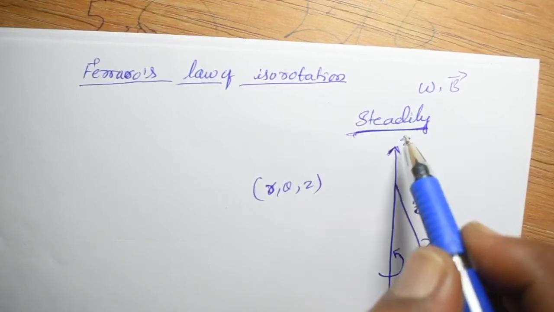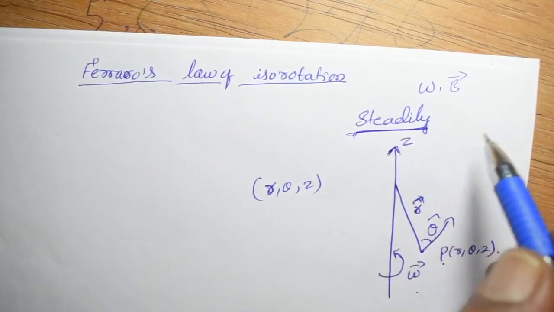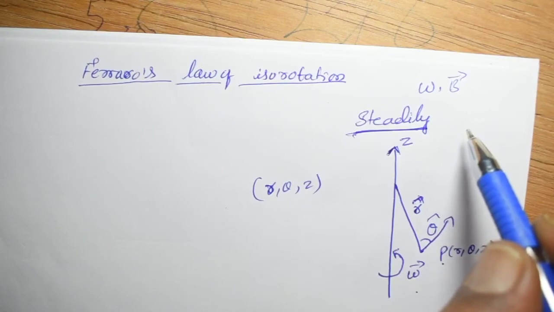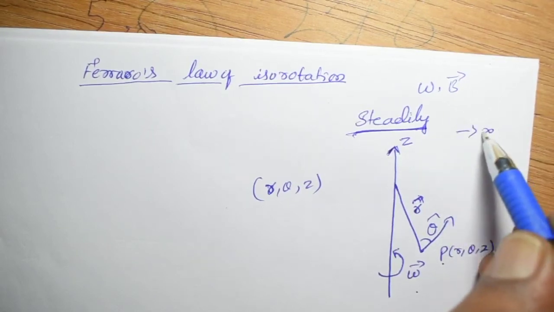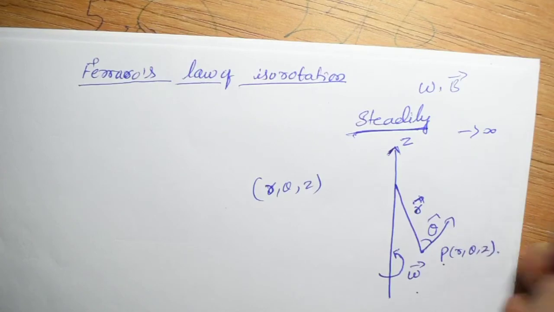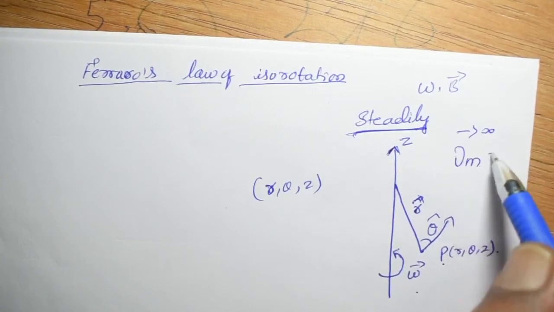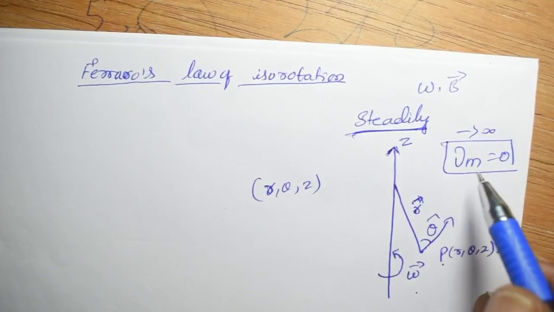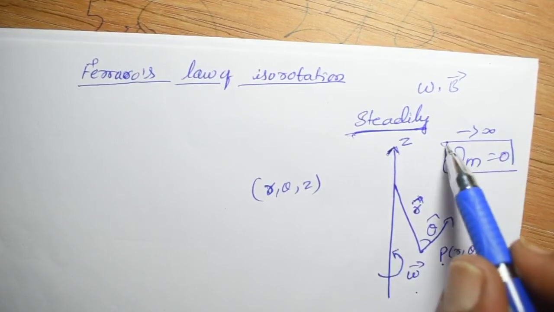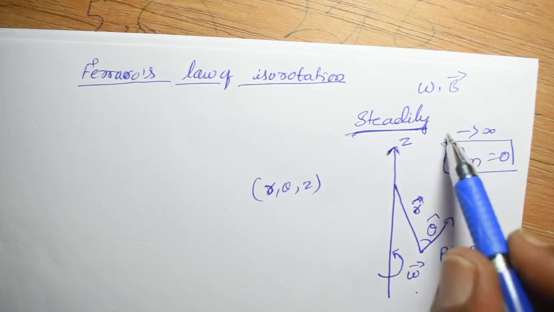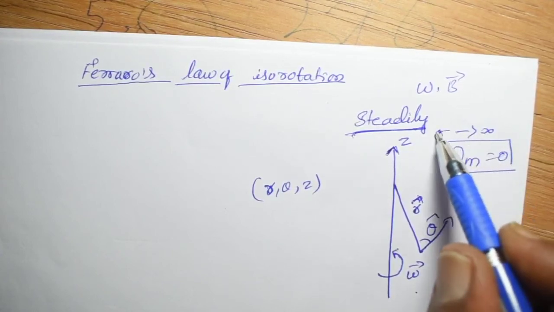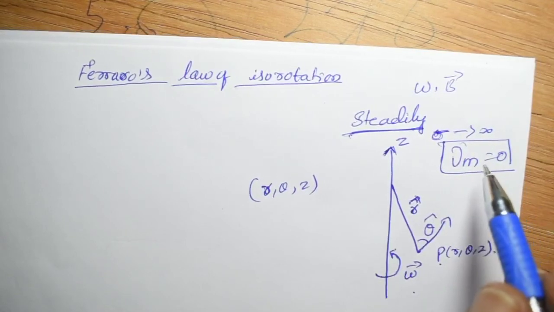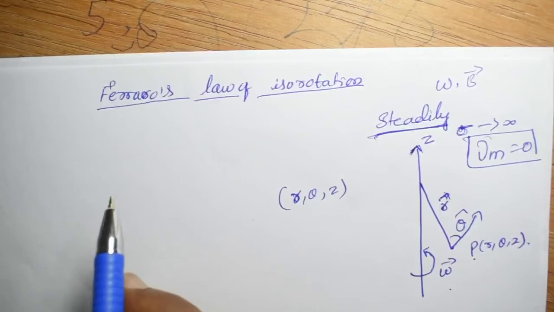Now the condition is the flow is steady, right? And the fluid is perfectly conducting. Perfectly conducting means the conductivity parameter tends to infinity, so the magnetic diffusivity nu m becomes 0, because nu m is equal to 1 divided by sigma mu. As sigma tends to infinity, nu m becomes 0. Now, as we know, the magnetic induction equation